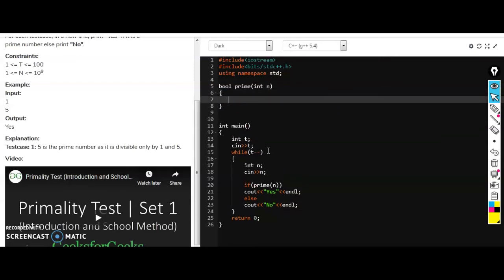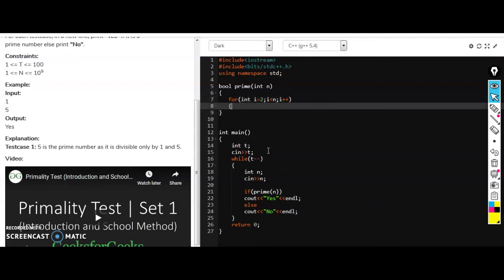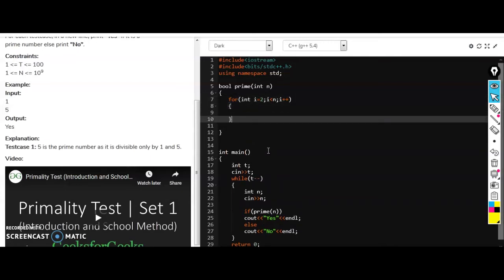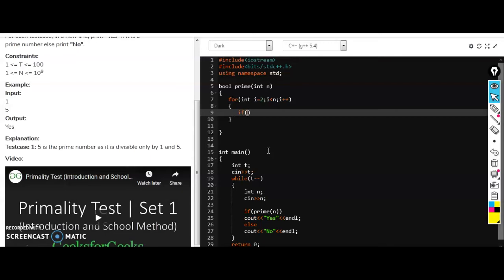If our number is divisible by, that is the modulus with i is equal to 0, so we can say if our number is divisible by any number from i equals 2 to i less than n, it will simply return